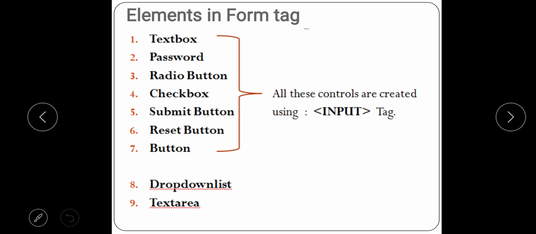Now we will see the very important part, that is the elements or the controls of the form tag, right? So we just saw a few of them in the example. We saw the text box and we saw the radio button, right? So here you can see the basic elements of the form. These all we have studied in standard 11, right? There are some more which we'll see in the next slide. So first let us revise this.